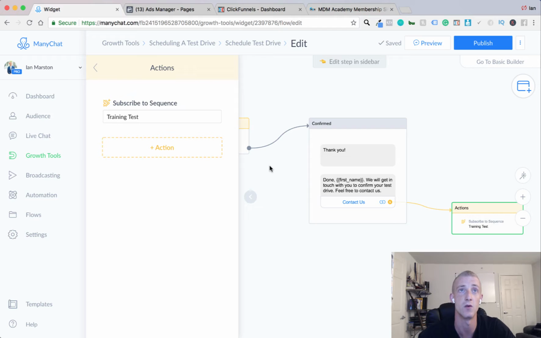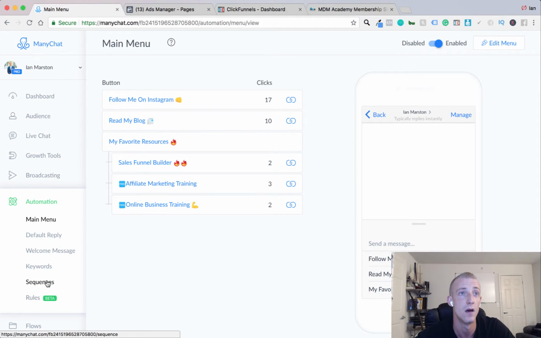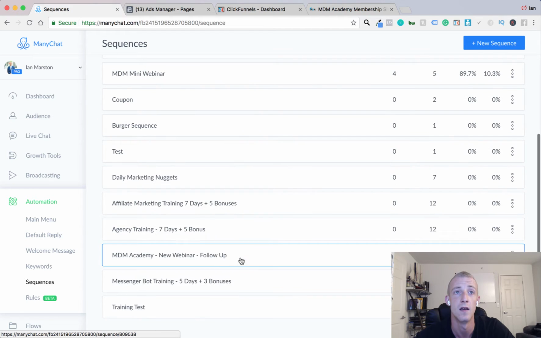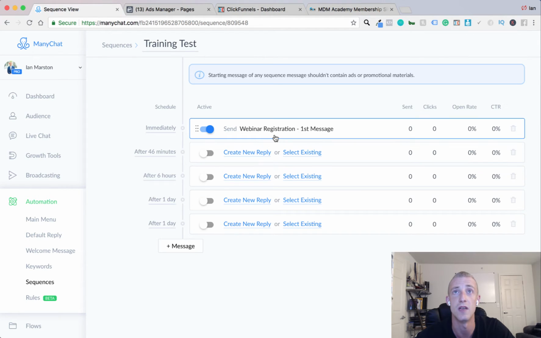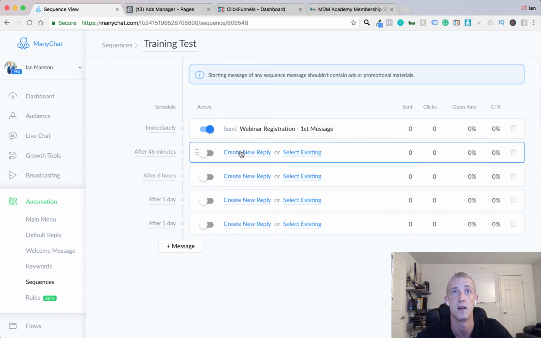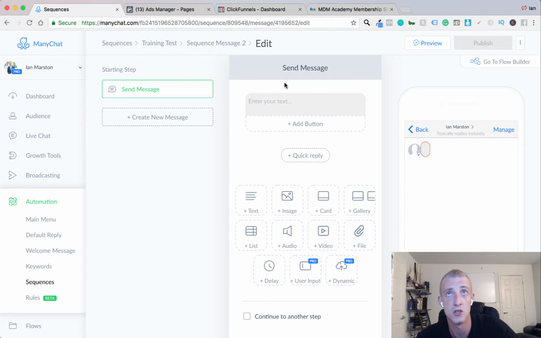From yes, then they go into awesome. We'll click the button below to access the webinar, and then they click that, and then you also will then add this action, subscribe to sequence, and then send them the sequence, and it's going to immediately send them that message that we built out inside a sequence. Again, the first one, it's going to send that first message